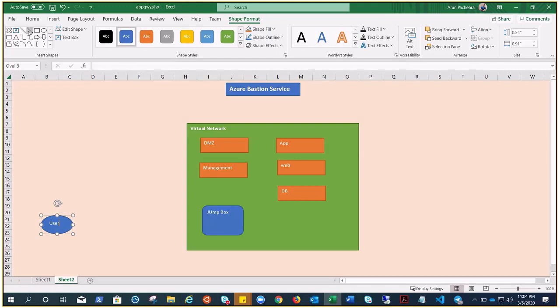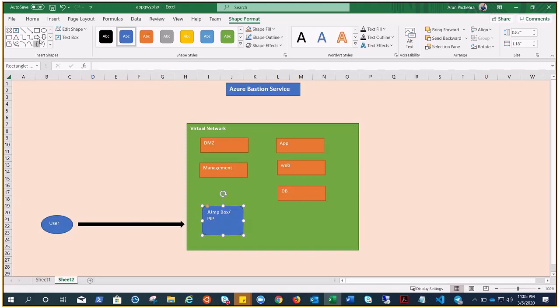He tries to access any machine inside any of the subnets which doesn't have a public IP address connected to that VM or doesn't have outside access. So the user will access the jump box, and the jump box would have the PIP, public IP address,